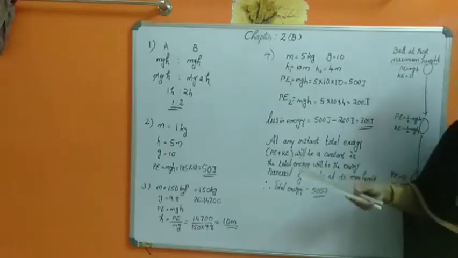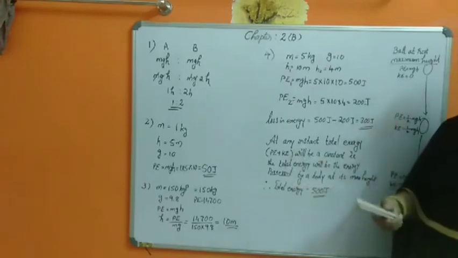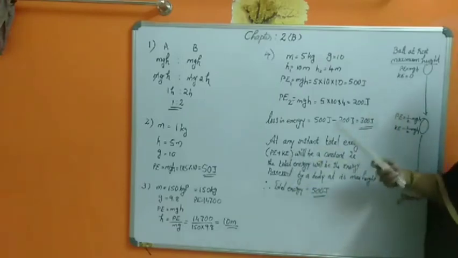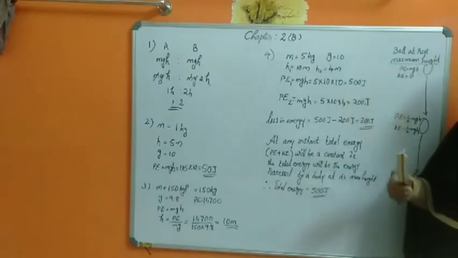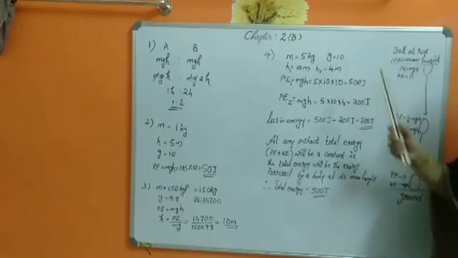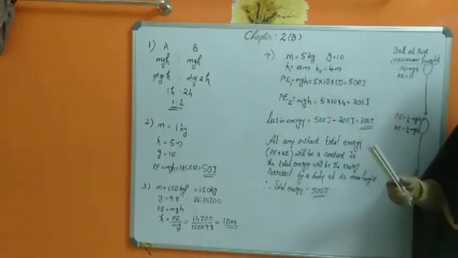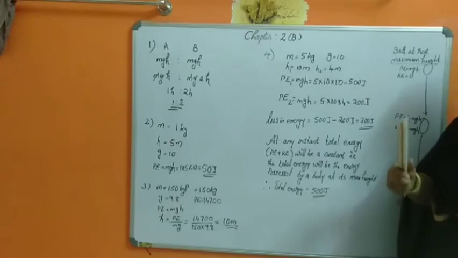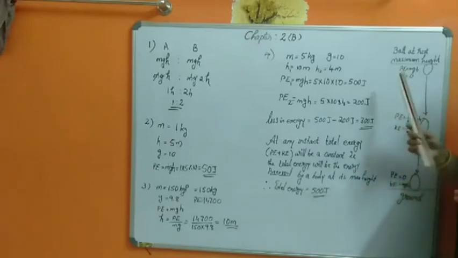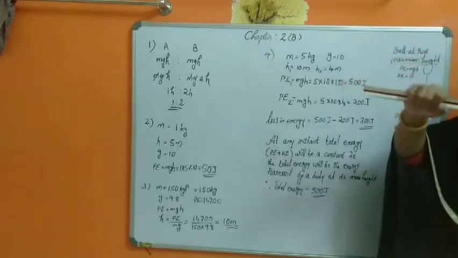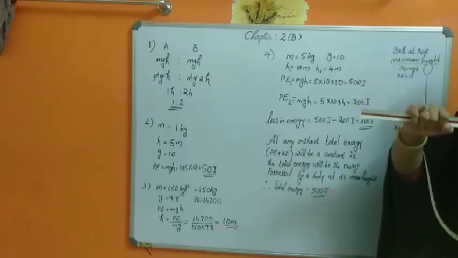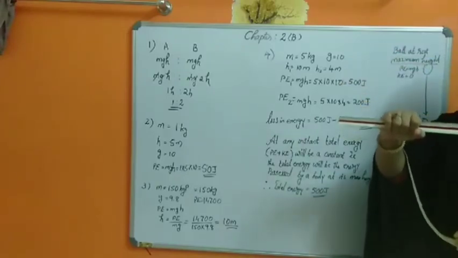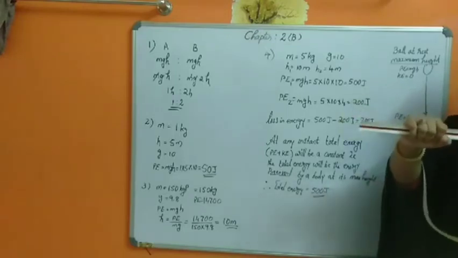Now the next sub question is, find the total energy. Total energy means whenever a ball falls from a particular height to the ground. We are going to study the derivation of this free fall of a body in chapter 2C. But before that, I am just giving you a small introduction on that. When I am holding the scale in my hand, right now it is not moving, but it is at a particular height from the floor.